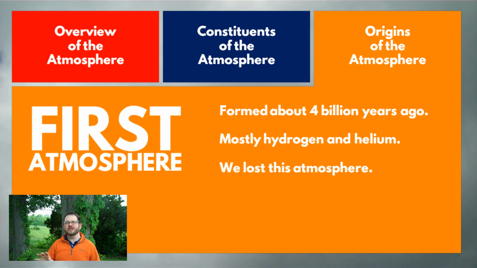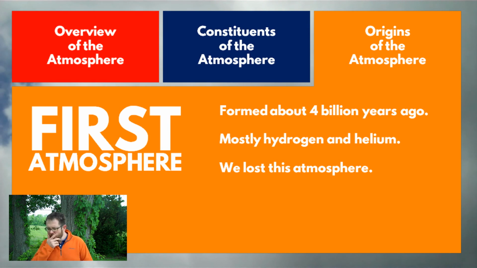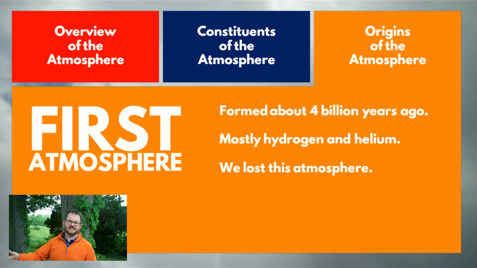Okay, finally today, one last topic in our first lecture in ATS 113 is about the origin of the Earth's atmosphere. Why do we have an atmosphere at all? Where did all this atmosphere come from? Well, it turns out the atmosphere that's around us right now is what we call Earth's second atmosphere. When Earth first formed 4 billion years ago out of a planetary nebula, or whatever the right word is from astronomy,